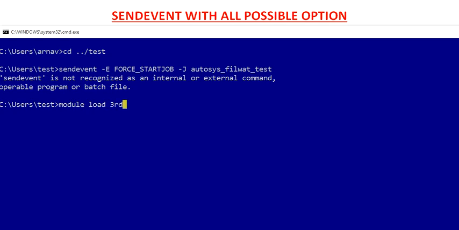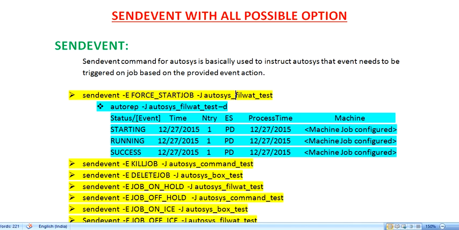For me, it is the third Autosys instance, so I need to load it. You have to do the same based on your environment; ask your client which module you have to load.